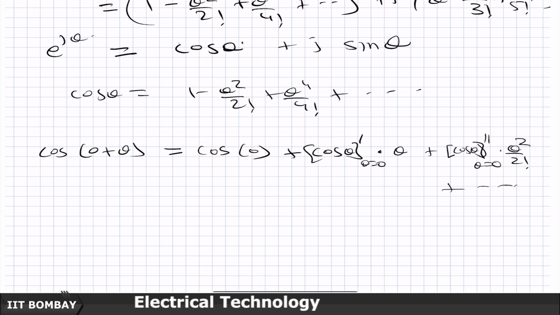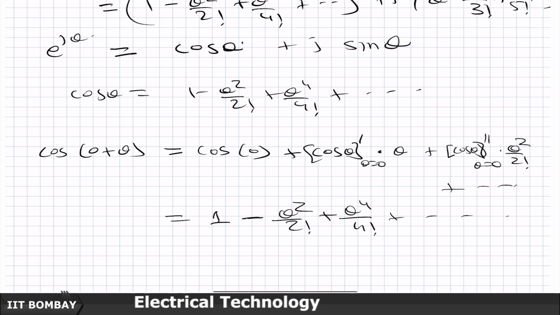Let me just write this much only. And so, the first term cos of 0 is 1. What is the derivative of cos of theta? Minus sin theta. What is sin of 0? 0. So, therefore, the second term will not come into the picture. Then come to the third term. The derivative of cos of theta is minus sin theta, take one more derivative, it becomes minus cos of theta, evaluated at theta equal to 0. So, minus cos of theta will become minus 1. So, therefore, minus theta square by 2 factorial,